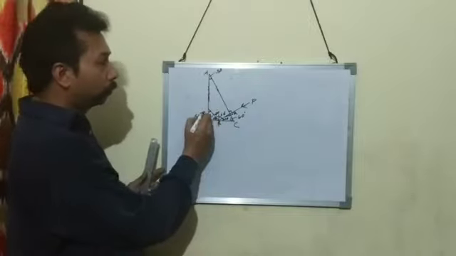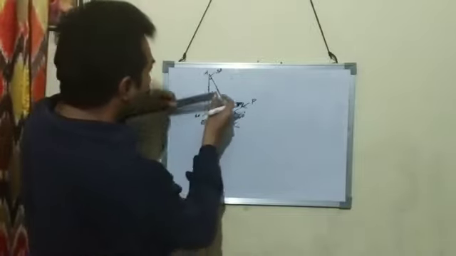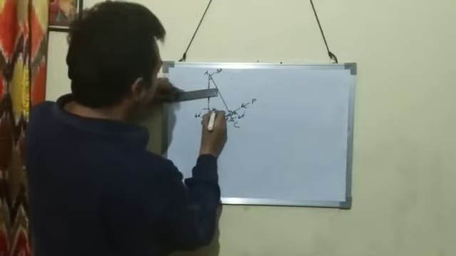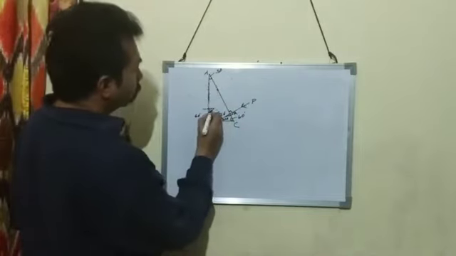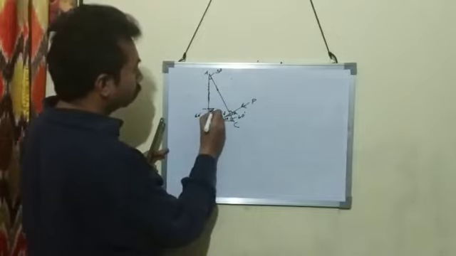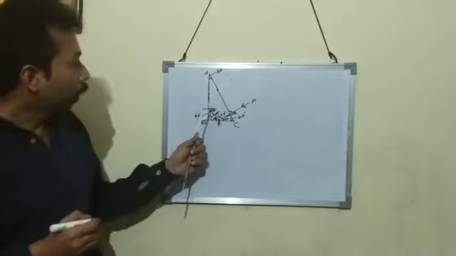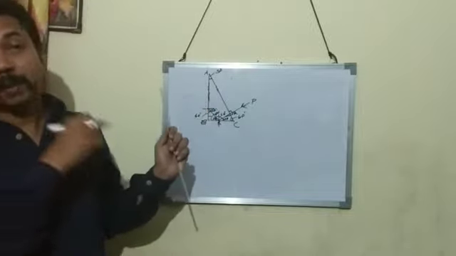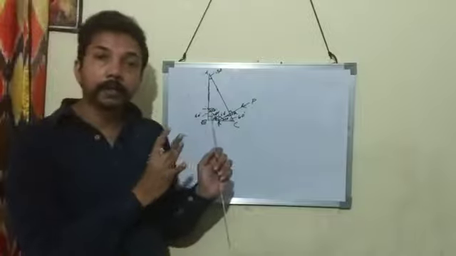Is it the angle of incidence? No, it is not the angle of incidence. For that we have to draw a normal. Drawing the normal, then we will find this angle. That is 90 minus 60, that is equal to 30 degrees. So the angle of incidence on face AB is 30 degrees, which is less than